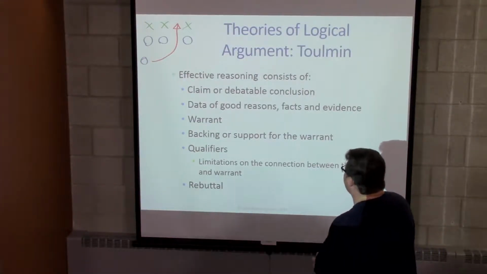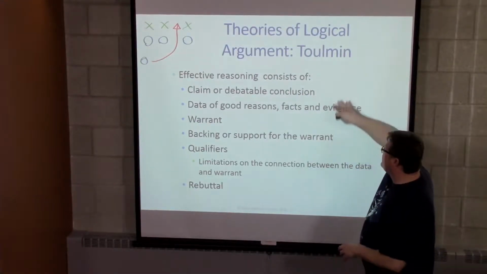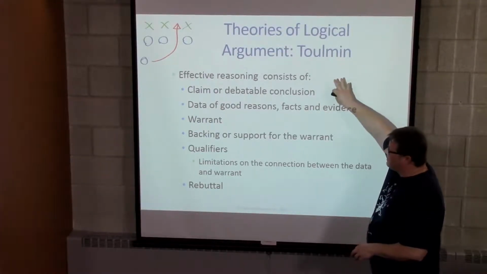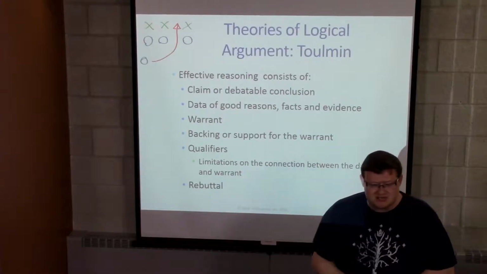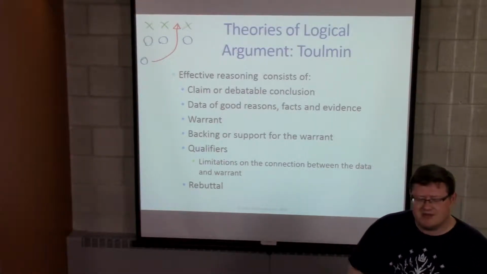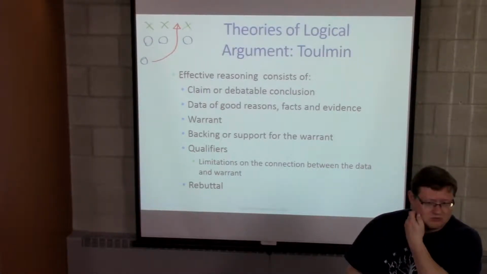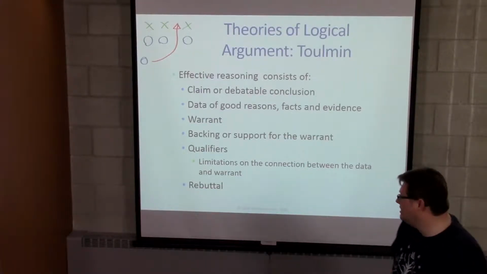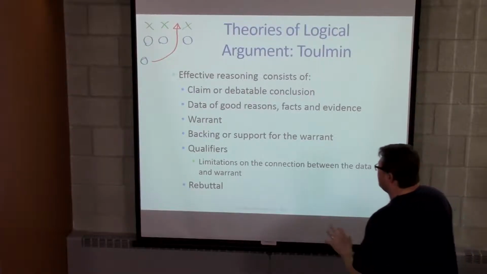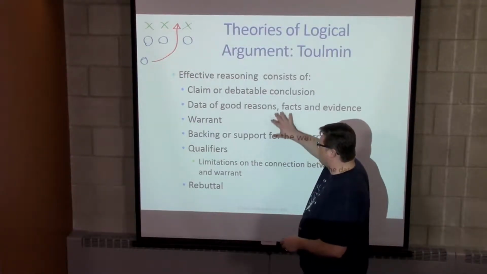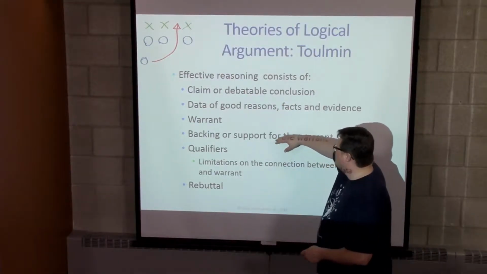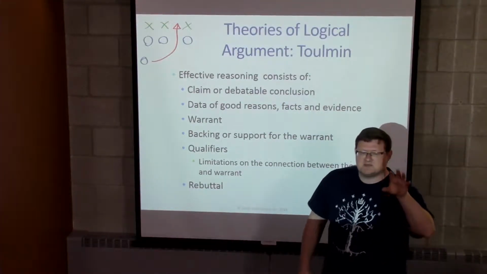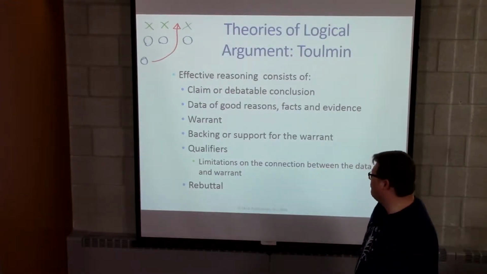Okay? When we're talking about different kinds of logical argument, we go through this notion of a guy by the name of Stephen Toulmin. Stephen Toulmin was a mathematician and a philosopher as well as a rhetorician. He created what is called the Toulmin model for looking at argument, and there are different components of that. I just want to focus really on the first kind of 3 or 4. One of the most important is the claim that you make. Specifically, what is the argument that you're trying to put forward?